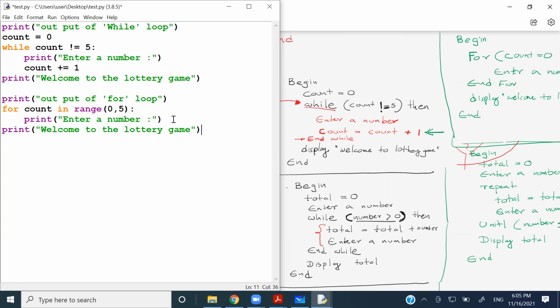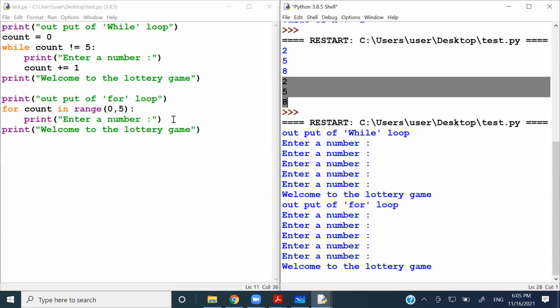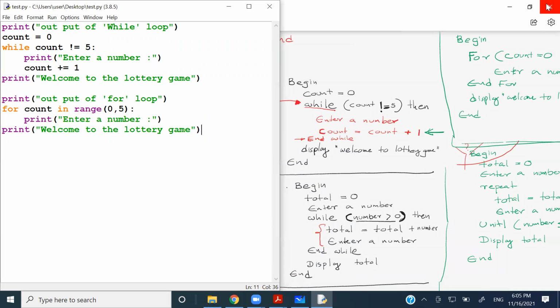So I need this one only. So if I run this, oh, I'm sorry. I shouldn't print, it should be input, my bad. Right, if I run this,